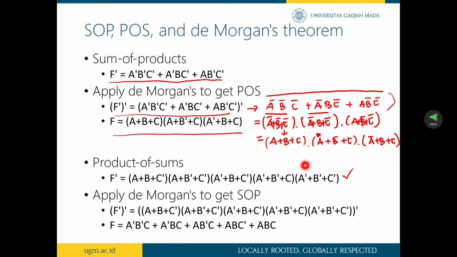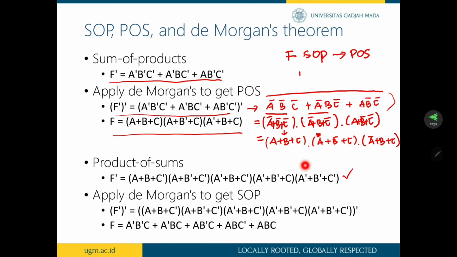So if we have just F in sum of product or product of sum, and we want to convert from the sum of product form into the product of sum,